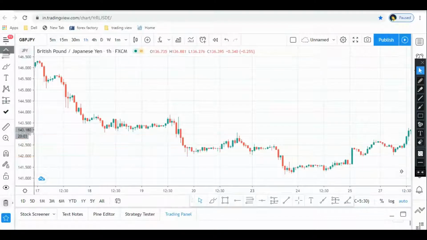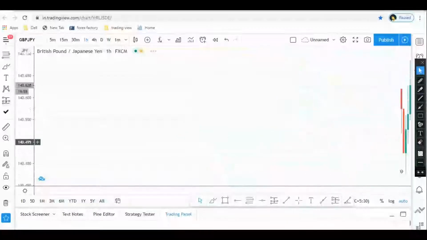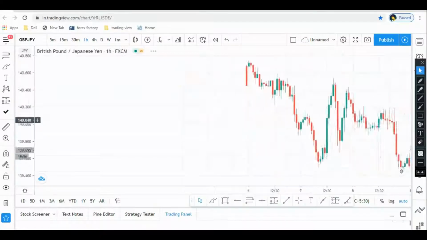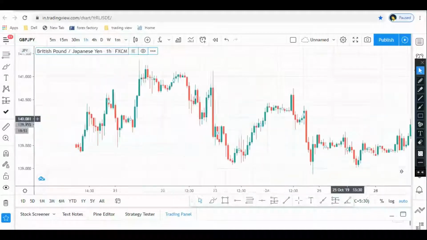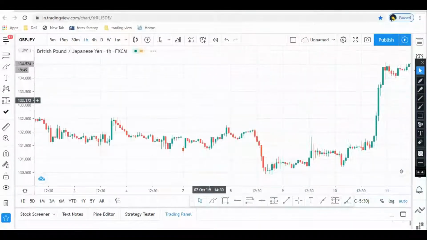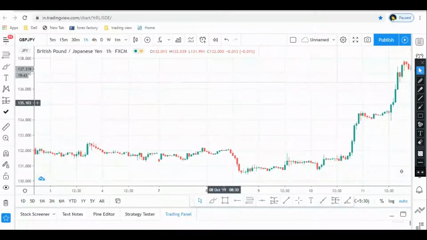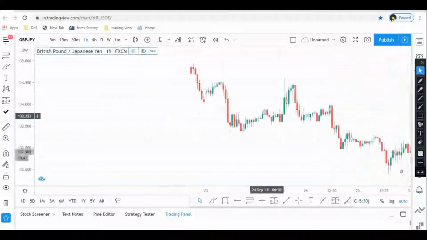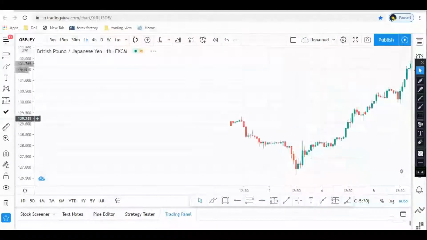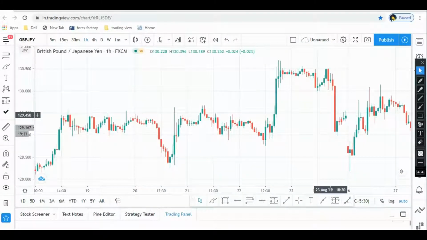So let me give you another example that will help you out. Being a scalper, you always watch your computer or laptop, whichever you are trading on, because it is risky. It is risky because if you do not watch your computer or laptop, you cannot identify where you are supposed to take profit and where you are supposed to close it.